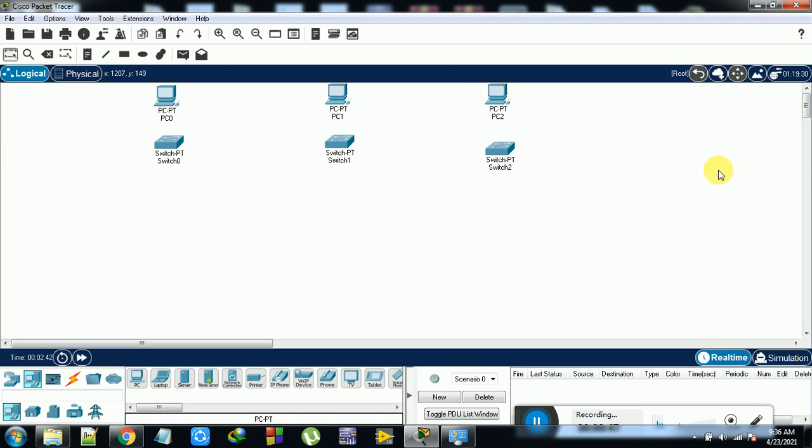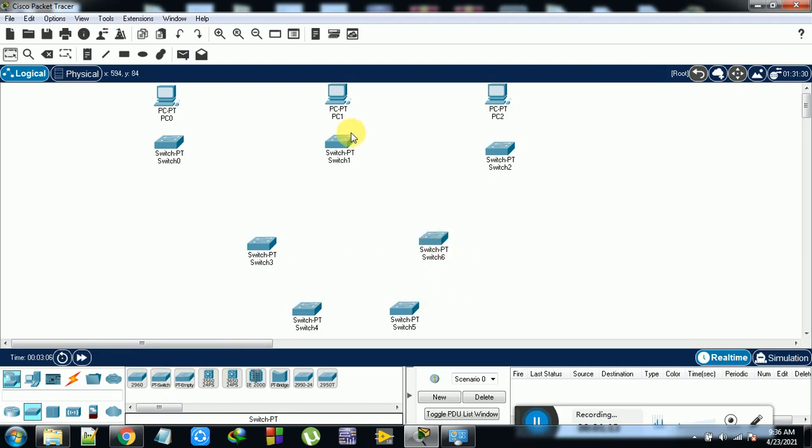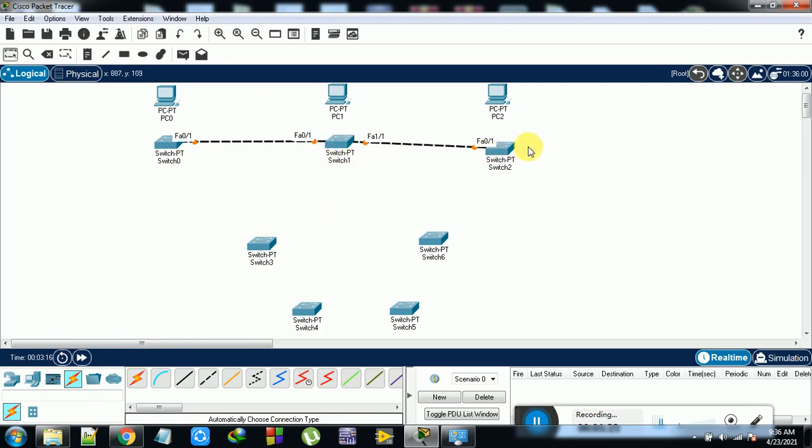And one more thing I am going to take, maybe a ring topology. So here, switch I am taking, 1 and 2, 3 and 4. So this is connected in both. Here are the connections I want to do, in between these two. So the bus topology is established right now.